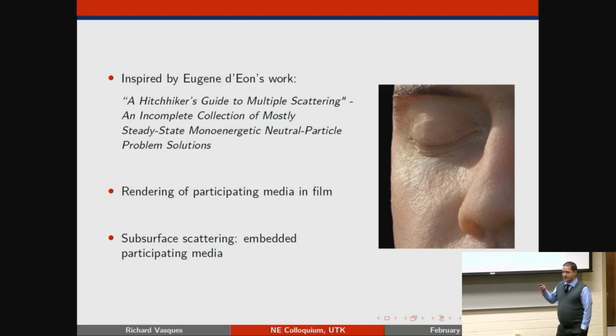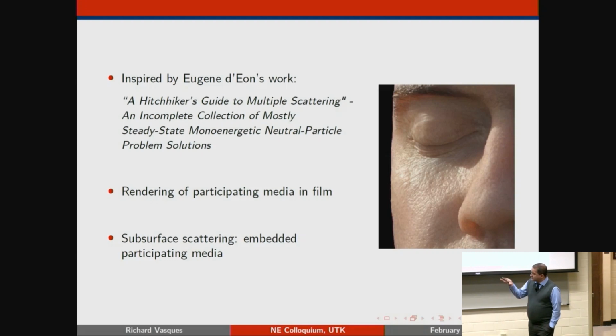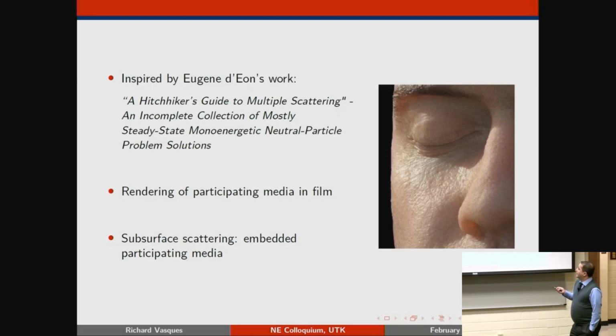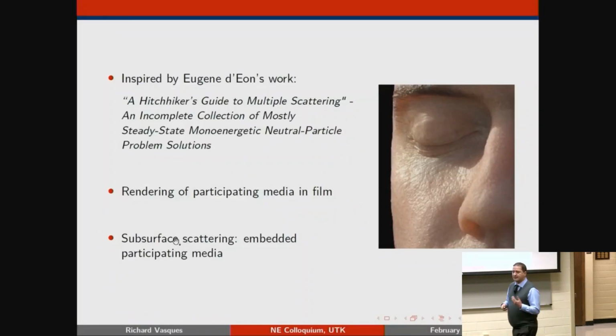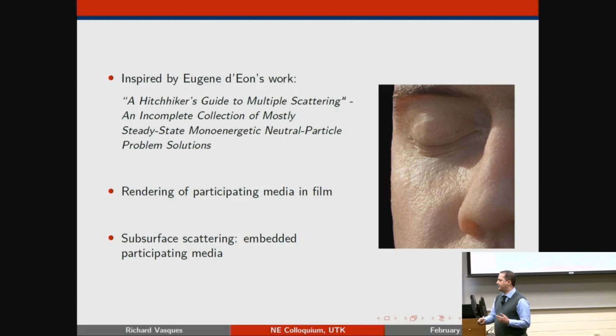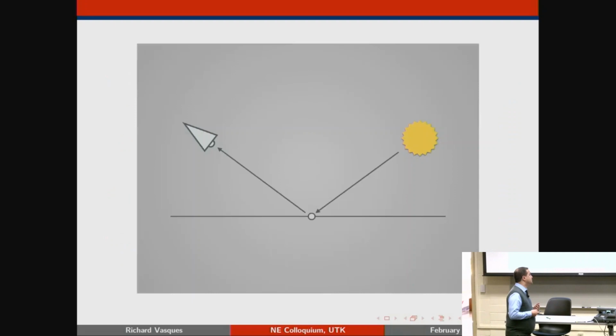And Magnus was interested in this, and specifically interested in looking into how you deal with translucent materials. So if you have some sort of crystal structure that allows the light to penetrate and then come back out on the surface, or how do you render skin, for instance, as a translucent material? So we started looking into this subsurface scattering, embedded participating media, and how we could make some improvements based on the theories that we have for nuclear engineering and for nonclassical transport, which is one of my areas of research.